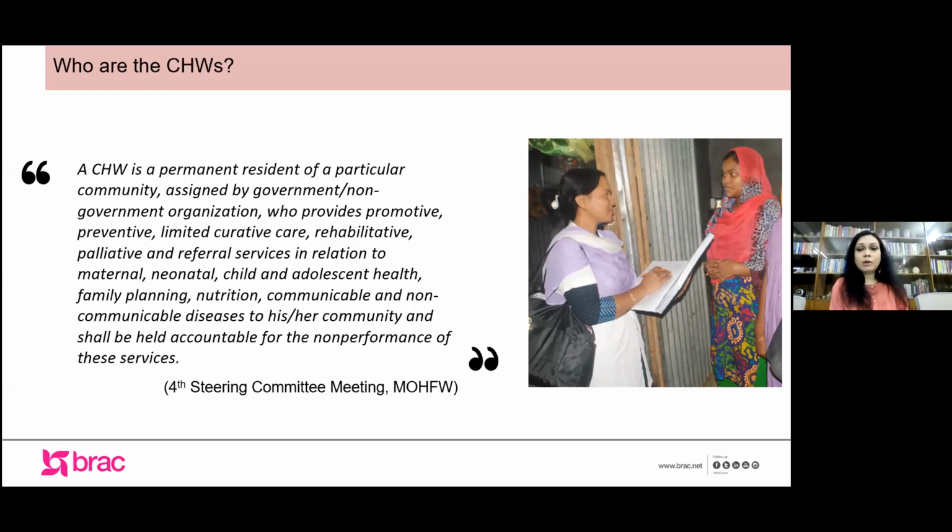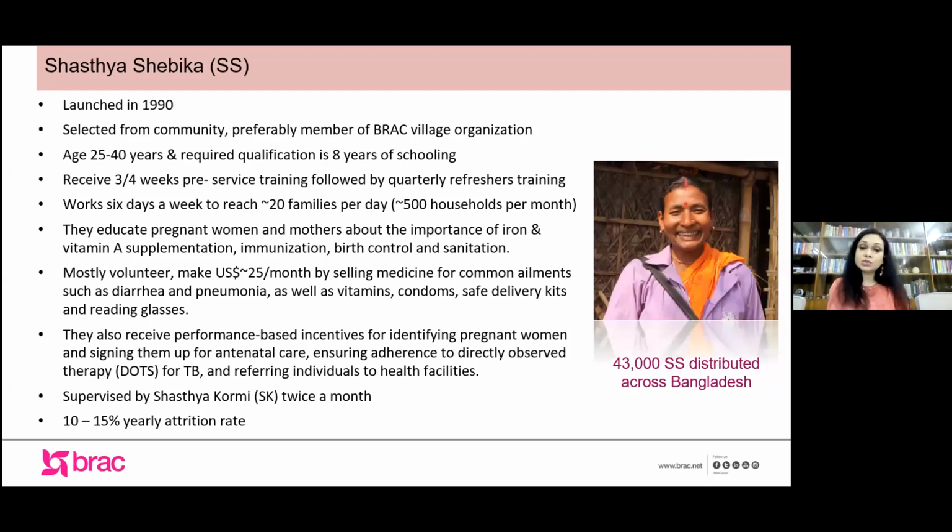The names of our community health workers are Shastu Shebika and Shastu Kormi, but we have many other cadres, but the numbers are low. So today I'll be talking about only 2 cadres who are majority in numbers. So Shastu Shebika, our program has been launched in the 1990s, but if I go back, BRAC has started this intervention